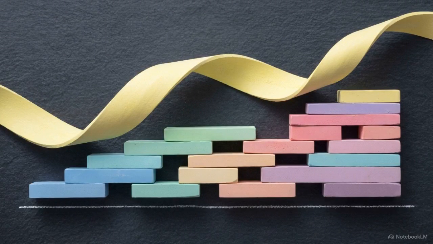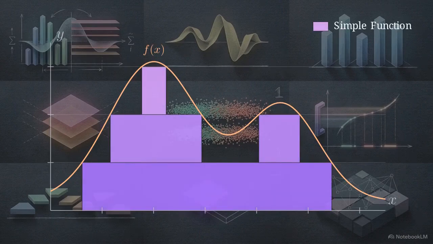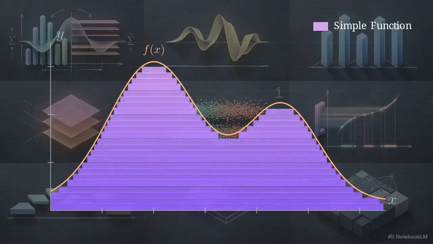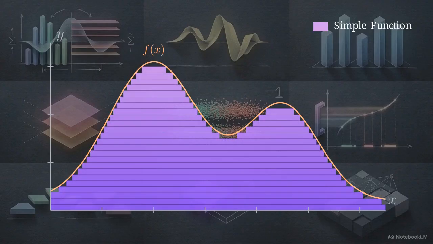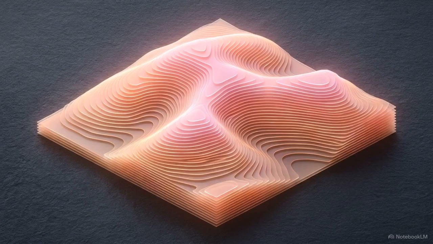The approximation theorem states that any non-negative measurable function can be precisely approximated from below by a sequence of these simple functions. We construct this by slicing the range into grids and filling the space under the curve with these simple functions. As we slice the y-axis into finer increments, the simple functions snap to the underside of the curve with increasing precision. The Lebesgue integral is the supremum of the integrals of all simple functions that bound the curve from below. By building the area using range-based simple functions, Lebesgue avoids the limitations of domain-based rectangles.